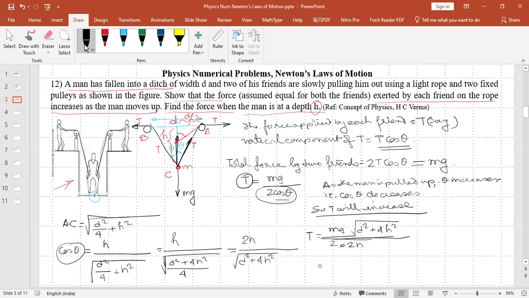So this is equal to mg by 4h multiplied by the whole root of d square plus 4h square. So this is the answer to the second part of the question. So here we have shown three problems. Next we shall take another few